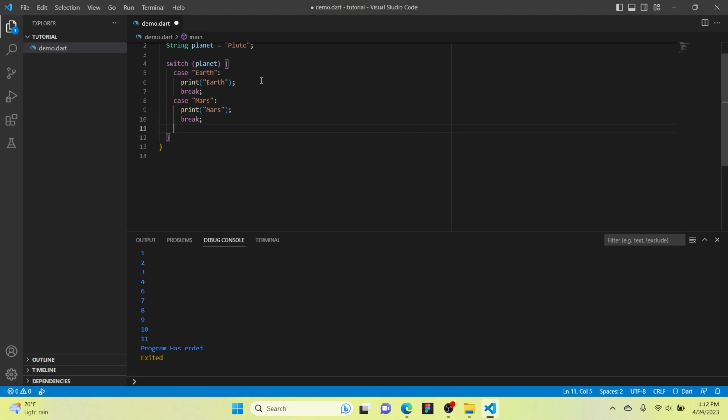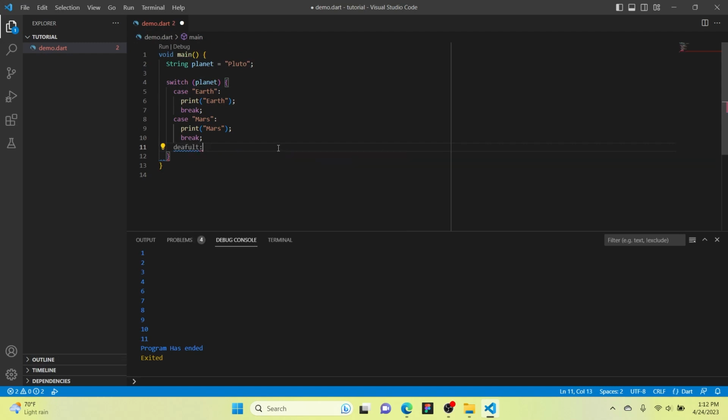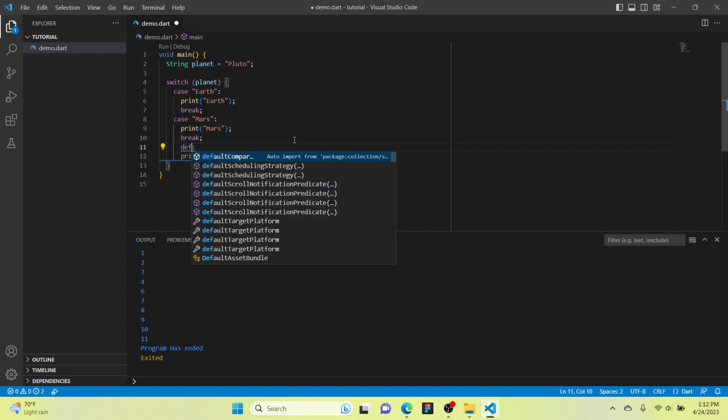And for this type of cases, you have to give a default value as well, which is, let me see, what do we want to print is I am no planet. So as of now, this line will never reach, sorry, default. Okay,